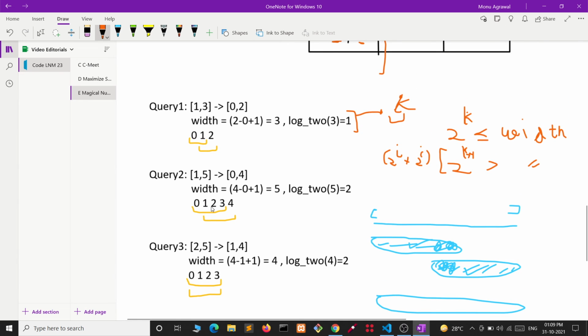In this case, we have taken from 0 to 0 plus 2 to power 2 minus 1, and here we are subtracting 4 minus 2 to power 2, which is 4, plus 1. By doing 4 minus 4, we will reach 0, and then we will add 1 to reach this 1.